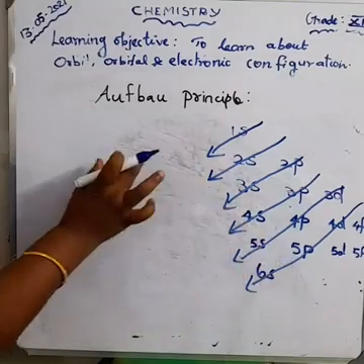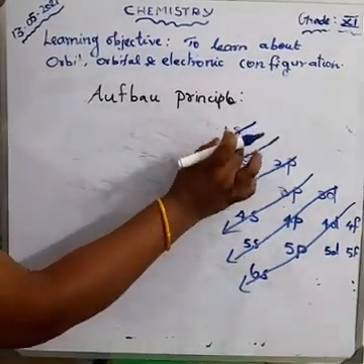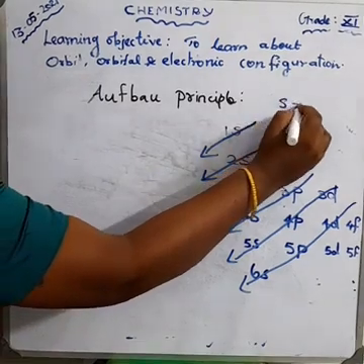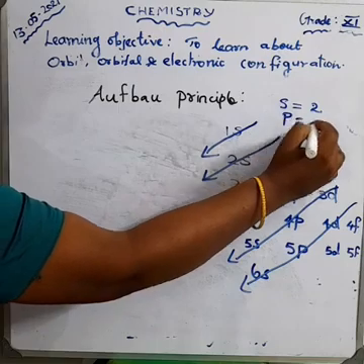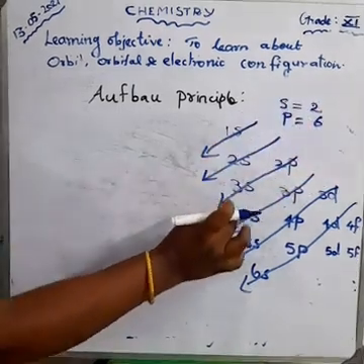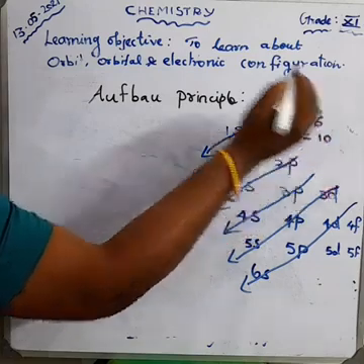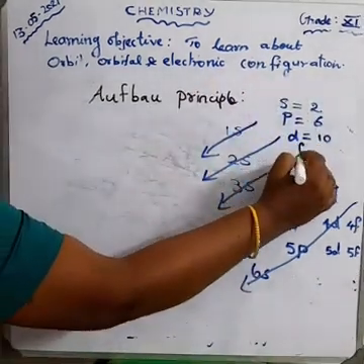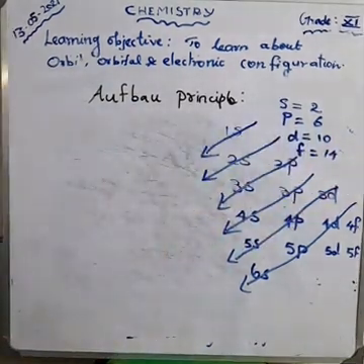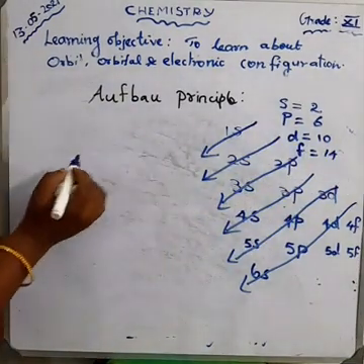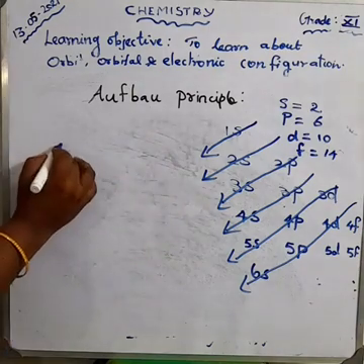According to this rule we can write the electronic configuration. The S subshell can accommodate a maximum of 2 electrons, the P orbital a maximum of 6 electrons, the D orbital a maximum of 10 electrons, and the F orbital a maximum of 14 electrons. How to write the electronic configuration of elements, we can discuss one by one. First,